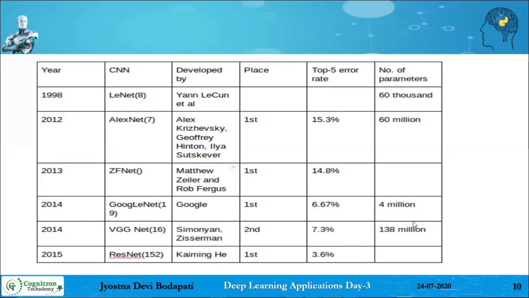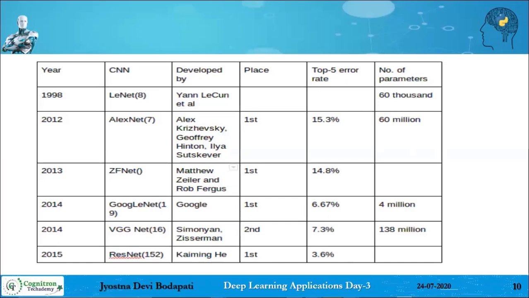We should understand what made them reach the top of the leaderboard with just 4 million parameters. VGG 16 tried a deeper neural network with 138 million parameters, and they somehow managed to train it, and they came second. Then in 2015, ResNet was introduced and led the score with a 3.6% top 5 class error rate. Later on there were a few more deep neural networks.